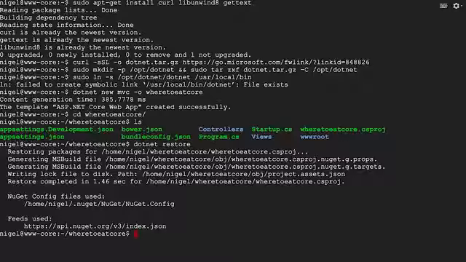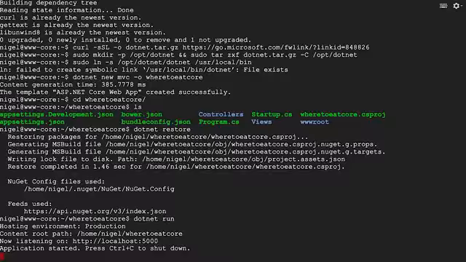Now I can run the application with .NET Run. You should see that the application has started listening on port 5000.